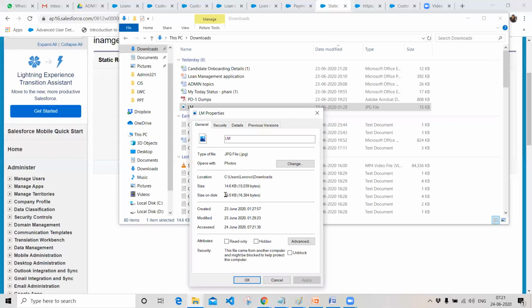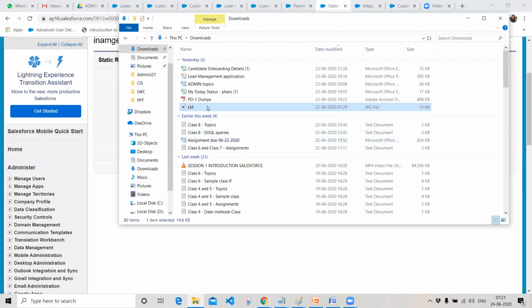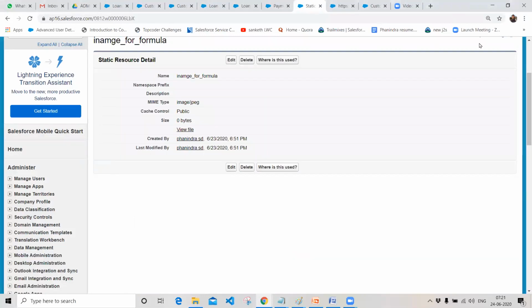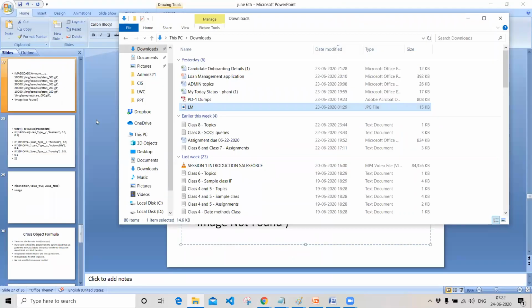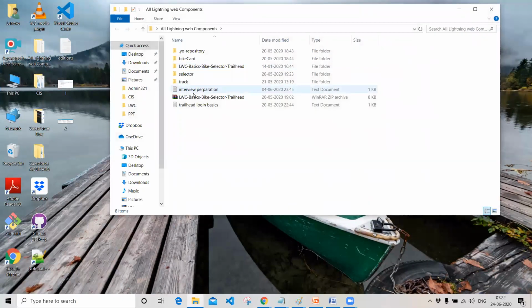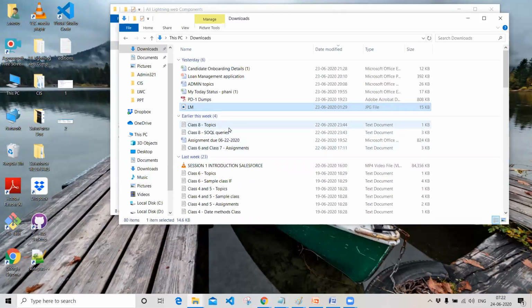It is consuming only 16 KB. Then it should be visible, right? Why isn't it visible? So guys, we are stuck with this image, I think.